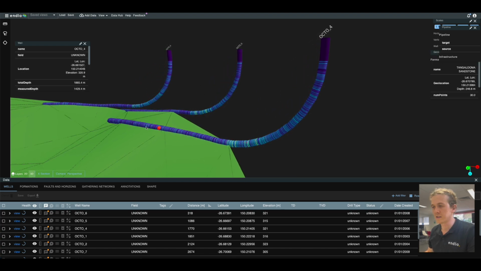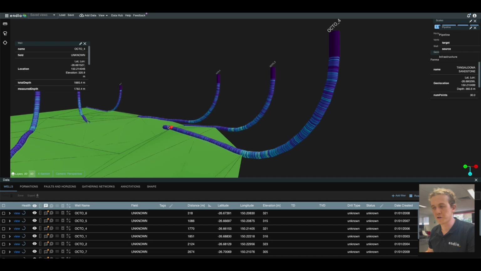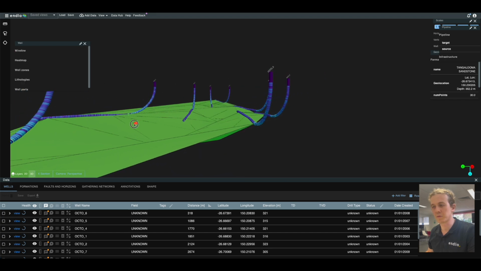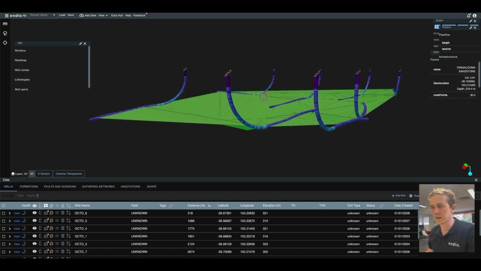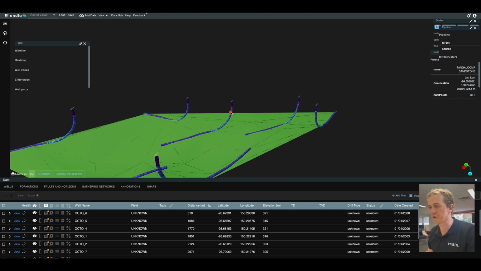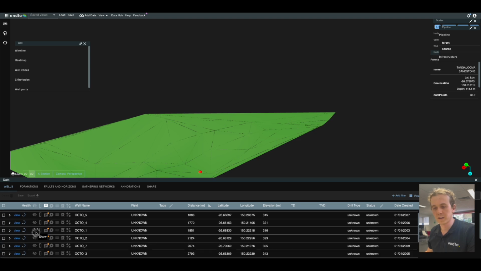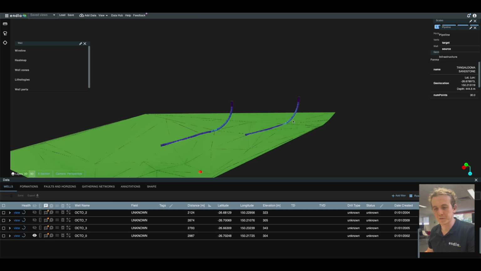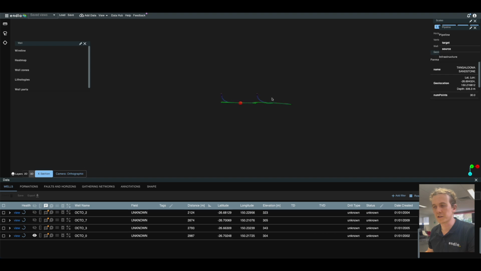We can see it's colored. In this case, it's been colored by dogleg severity. I can see how a couple of formation picks have come off from this point. I could go in there and edit those, but what I want to show you is how we can have a look at a cross section. I'd like to look at a cross section of maybe this one and this one, so Octo 0 and Octo 1. Let's just turn those on, because all I need to do for a cross section is have the wells of interest there, and then I just hit the cross section button,